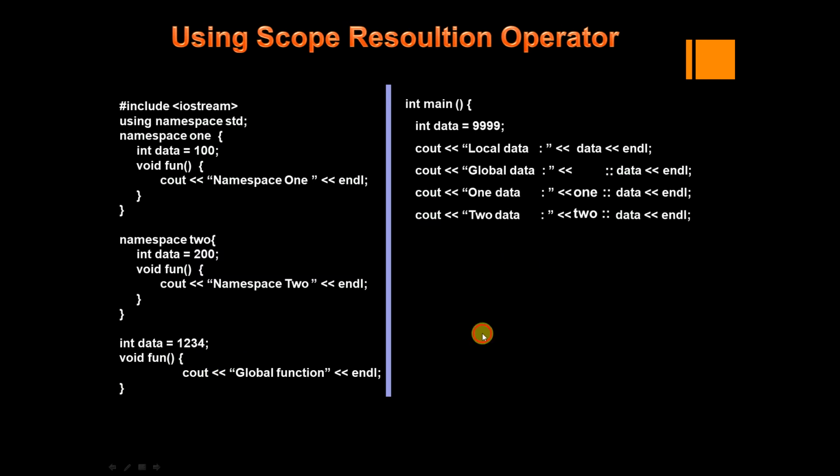What I can do is simply call it like this, or you need not give the scope resolution here. By default it will be called, because we cannot give the function declaration inside this, right? So directly we can call this function, or even if you give it, nothing is wrong. Now I want to call the function from namespace 1. What you can do? One scope fun. So the fun definition will be linked from namespace 1. Now when I say 2 scope fun, this function will be bound with the namespace 2 function. So the call to function 2 will be triggered.